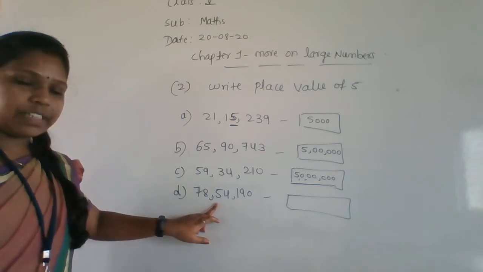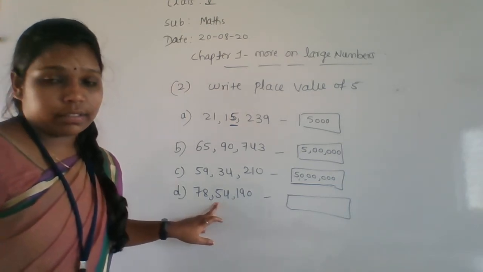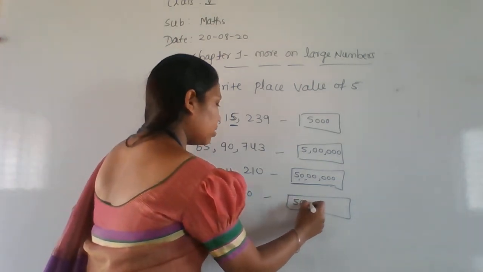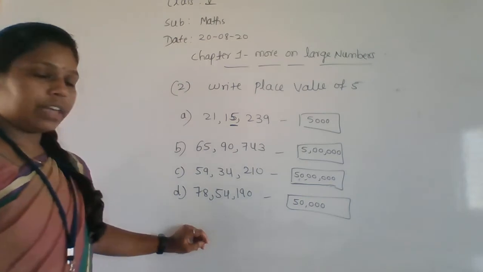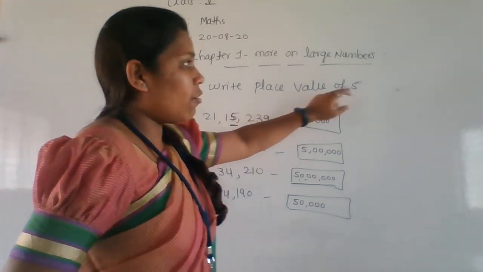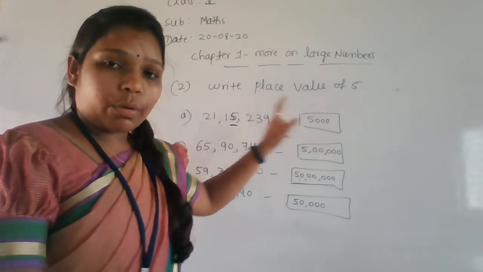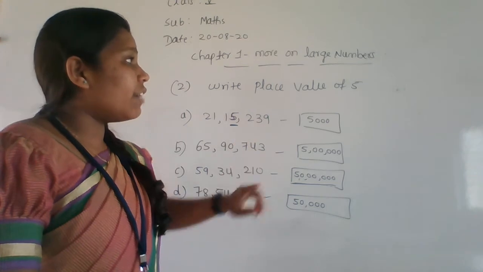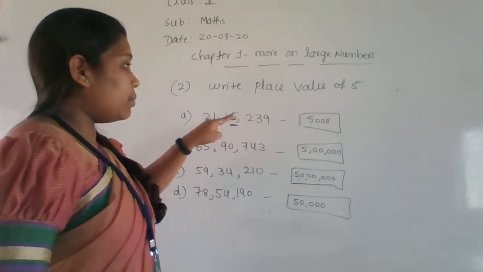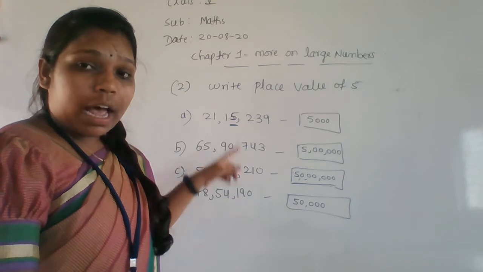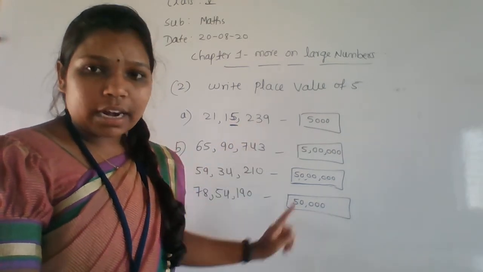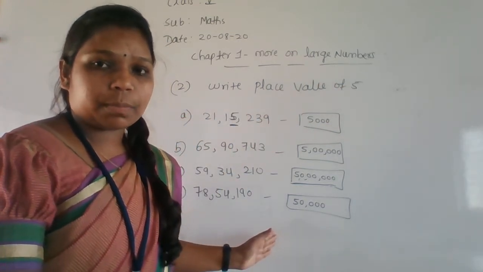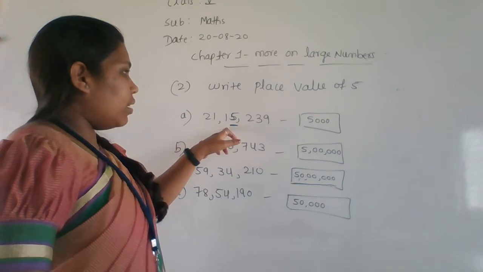And here 5 is in a which place? It is in a 10,000 place. So 10,000 place, it is nothing but a 50,000. Right here a 50,000. Like this we have to write. They asked only place value of a 5 here. If they mentioned 5, you have to write the place value. Observe the 5 place value and write the place values. If they given a place value of a 2, then observe the 2 number which place value and you have to write that value in front of that box. Okay, whatever the number they given here, that number we have to write here, place values. Getting everyone? Okay. So here 5000.